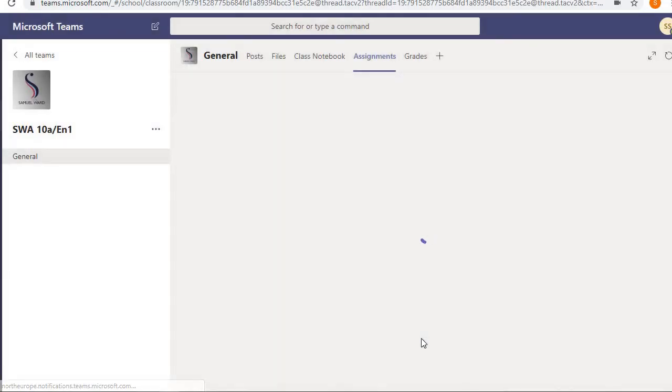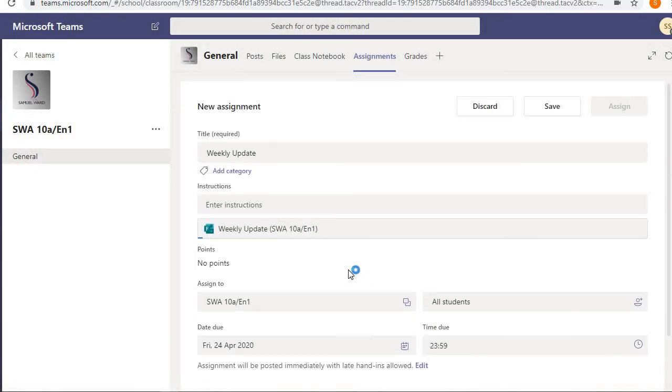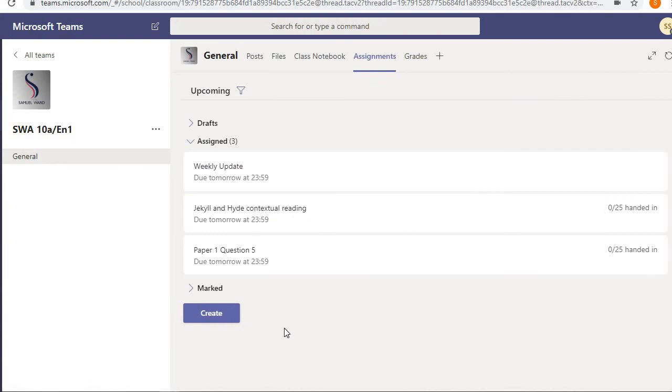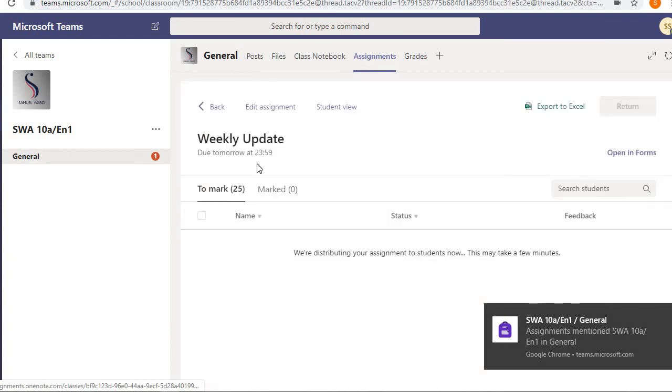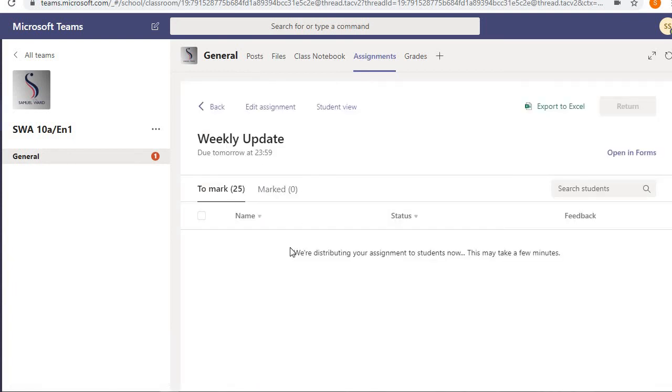I click on it, I go to next. Again, you can give further instructions if you want. There's no points for this survey, just wait for the blue button to appear. We assign it. There it is. And again, this is a really helpful thing because I'll be able to see when it appears here who's responded to that feedback, so who is checking in with me regularly, and then I can use it to be positive with them, to engage with them in lots of different ways and kind of move things